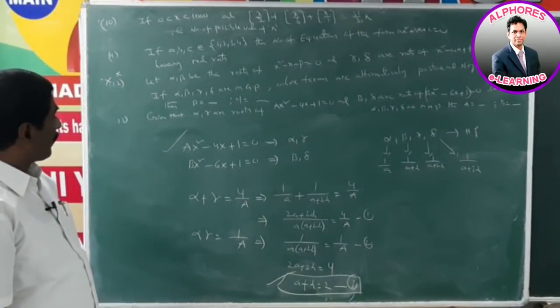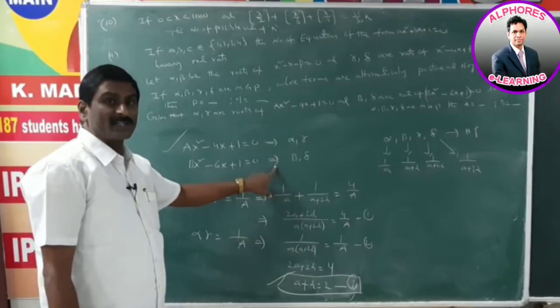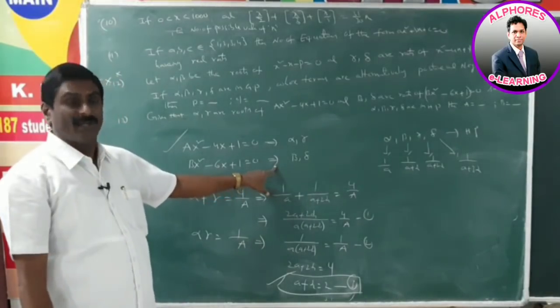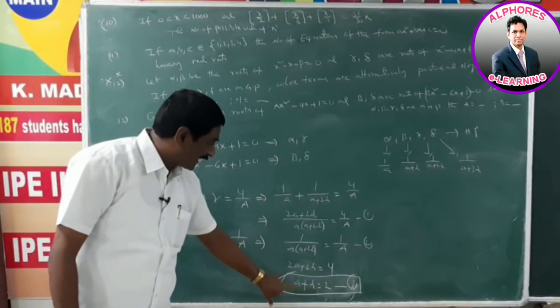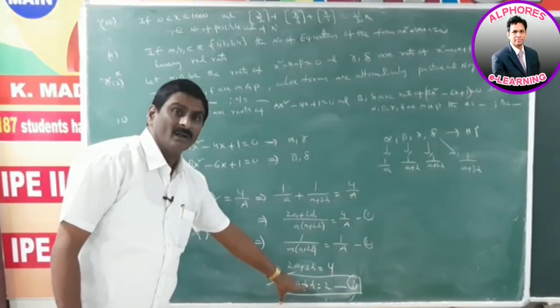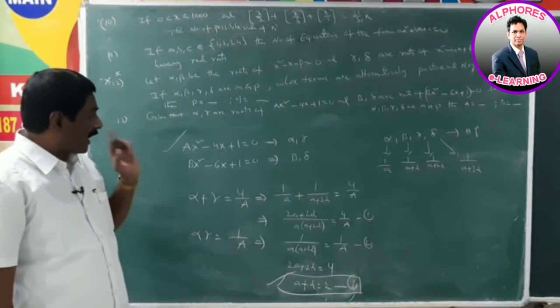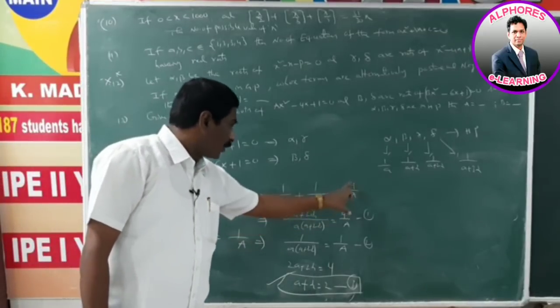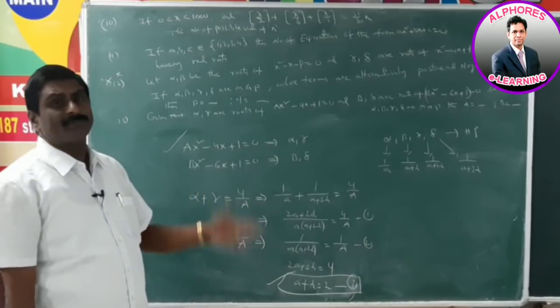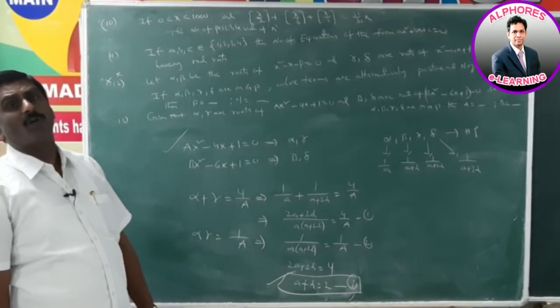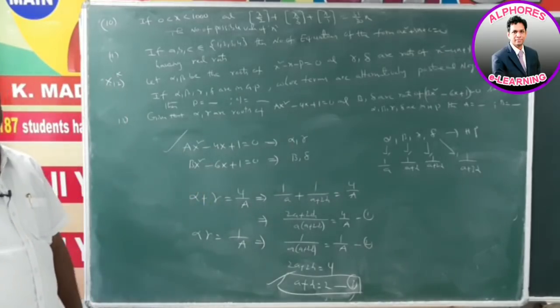Similarly, by using the second quadratic equation, we find the relation between a and d. That is equation number 4. By solving third and fourth, we get a and d. If we get a and d, what is the value of A? 4/a is equal to this value. So, we find A. Similarly, the sum of the roots. So, in this way, we find both A and B. Okay.